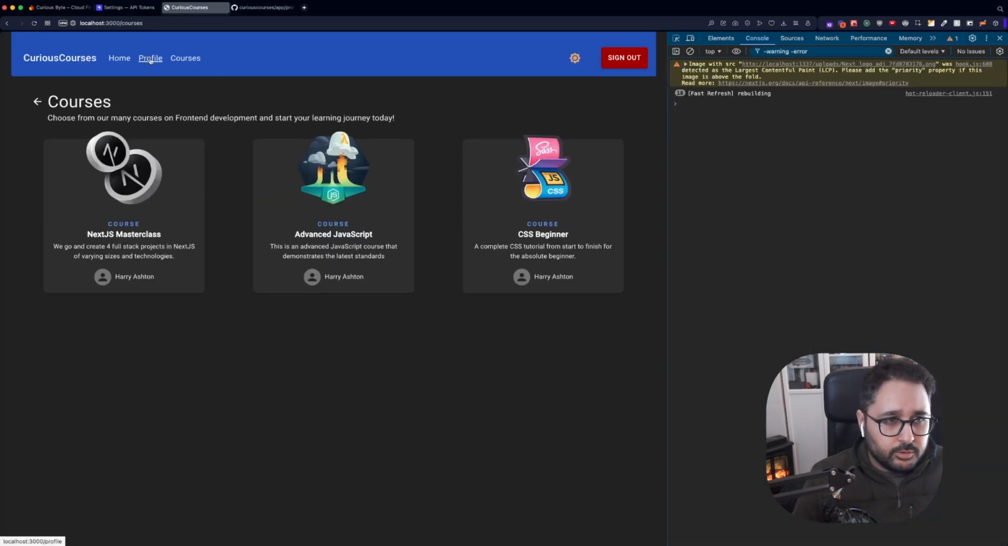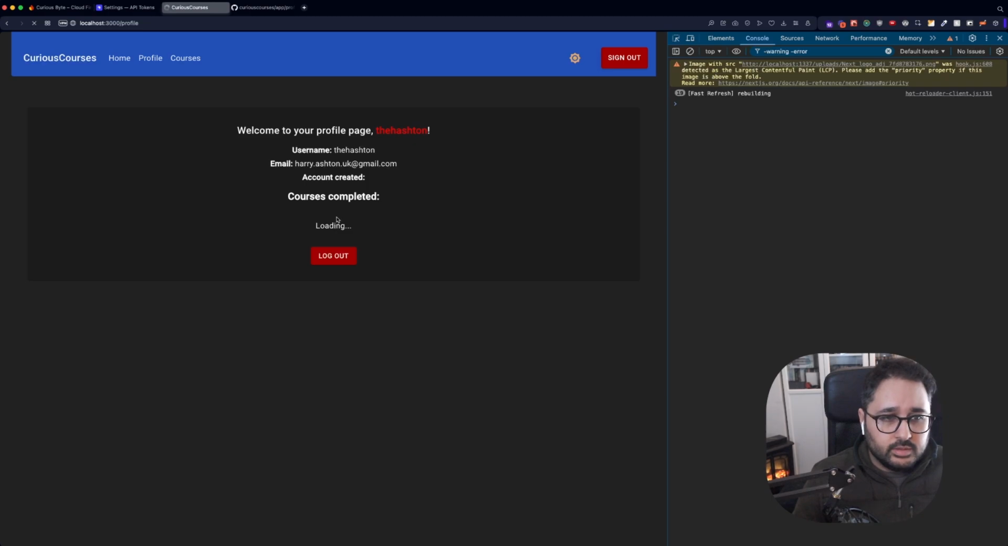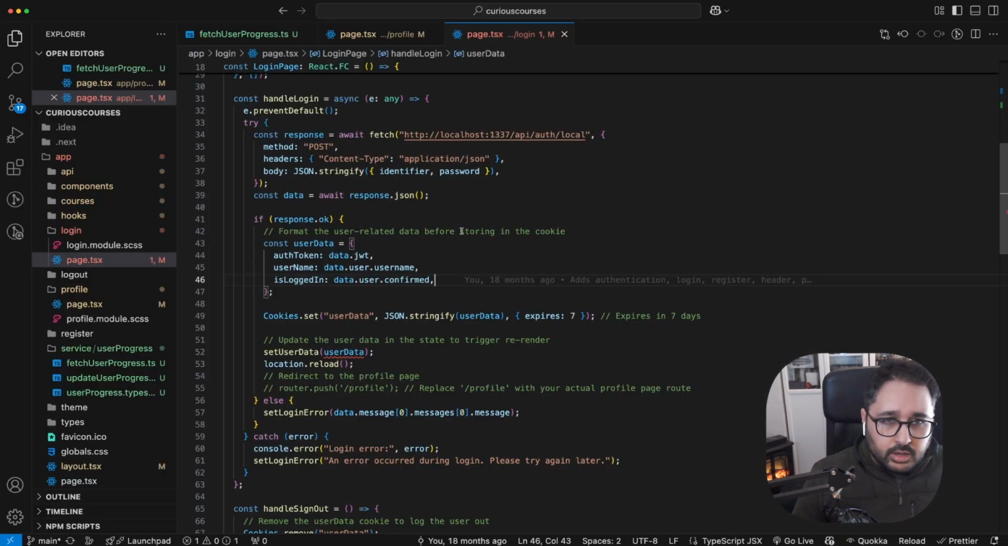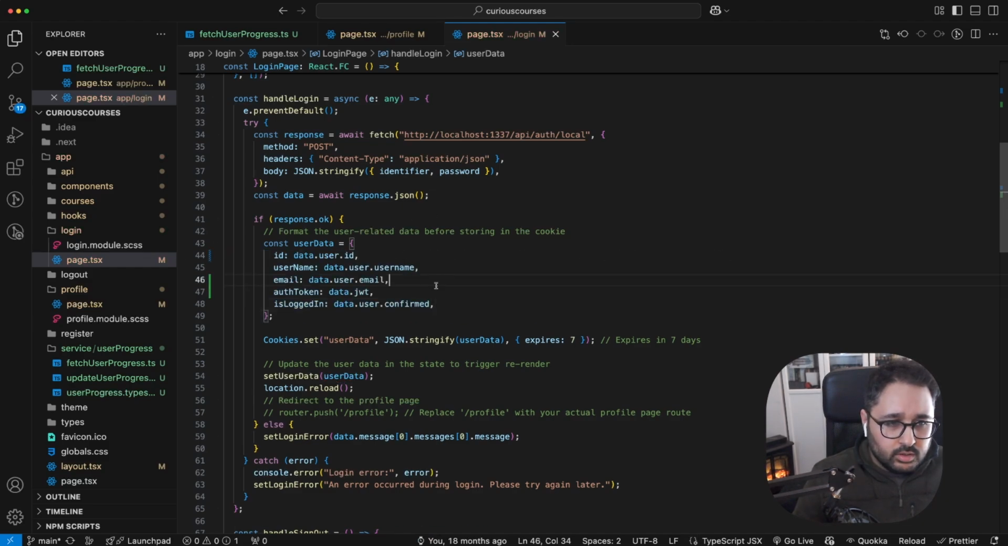So if we go to the profile page here, and as it's loading, we'll wait. I'll just refresh it. We can at least see that we've got some more information here. So the username, email, when the account was created, and whether the courses are completed or not. So basically here, in login/page.tsx, we just need to update this user data here on line 43. So essentially it adds ID, email, and auth token, and it's getting all the data from our fetch command here